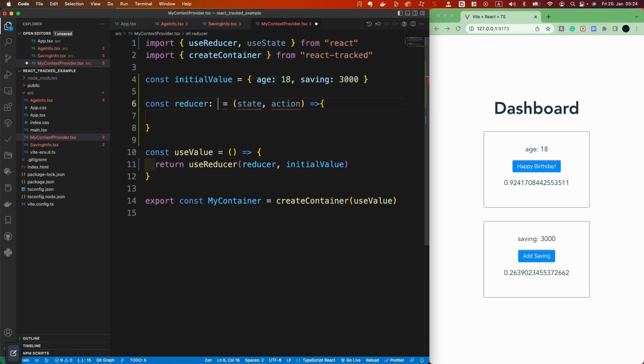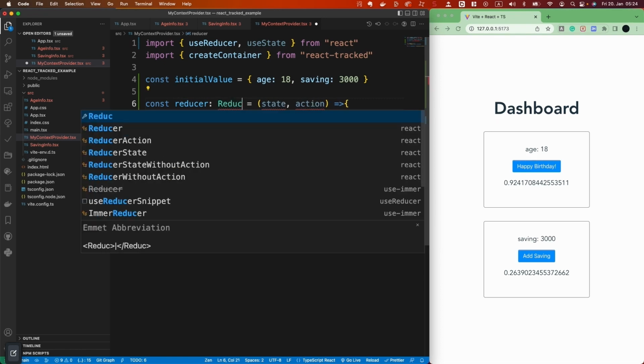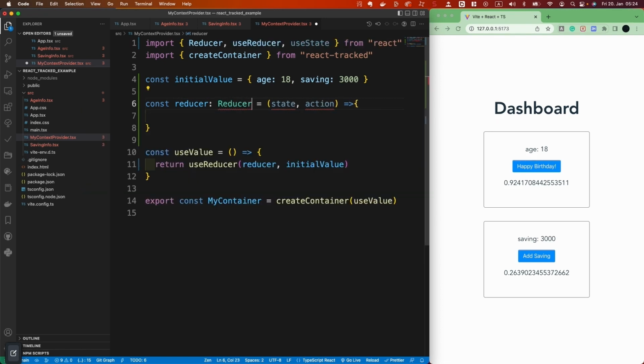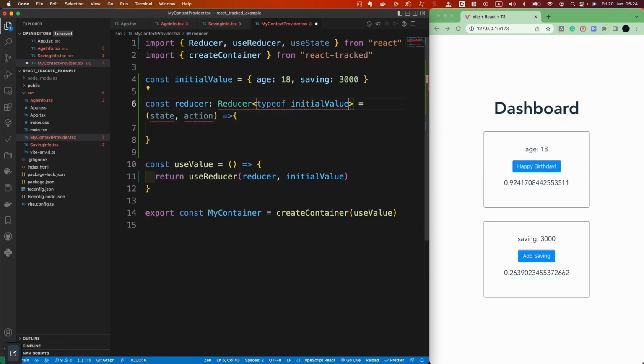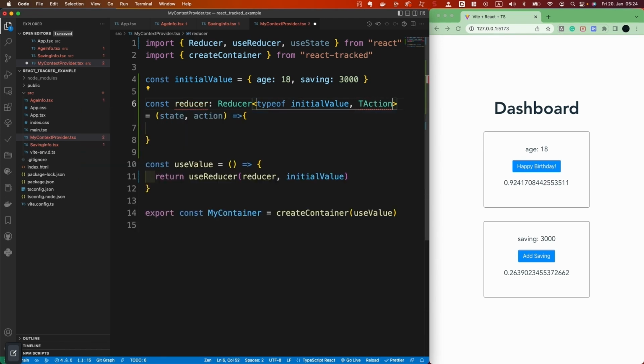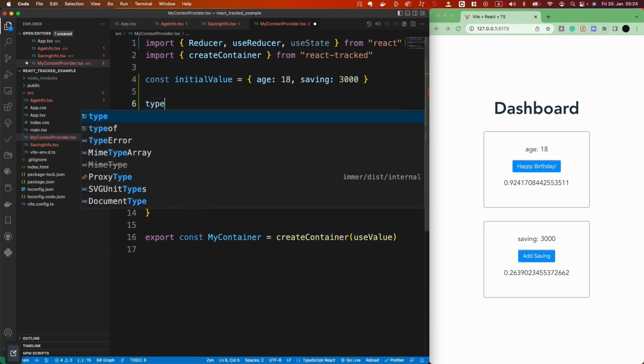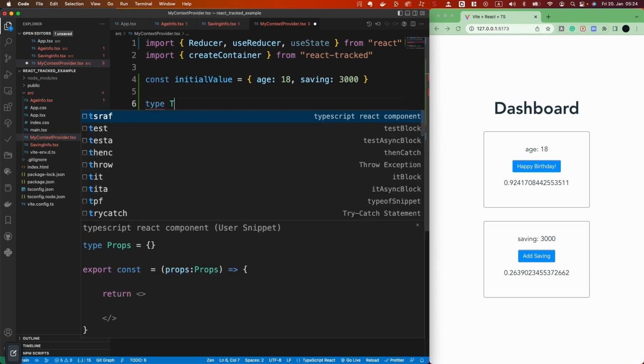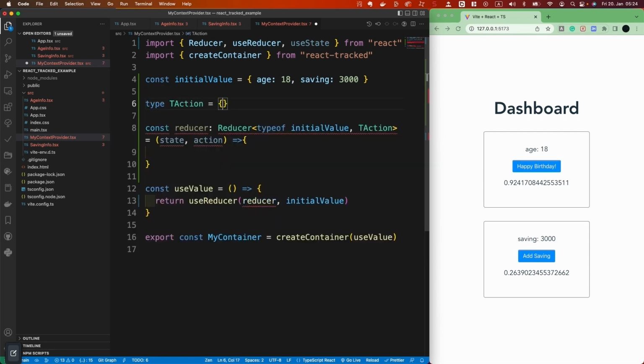And if you like TypeScript, you can simply write the type of the reducer function as Reducer. And in the angle brackets, we give first the type of the initial value, and the second is the type of the action. We call it TAction. And the TAction, we can define it here. Type TAction is equal to